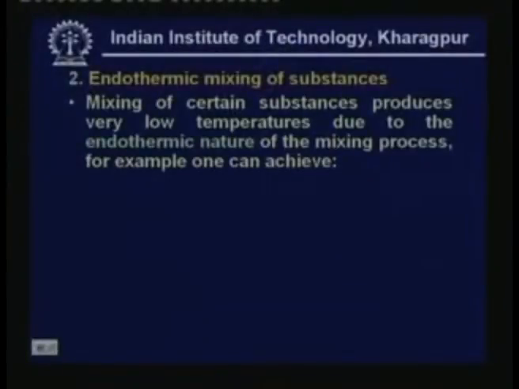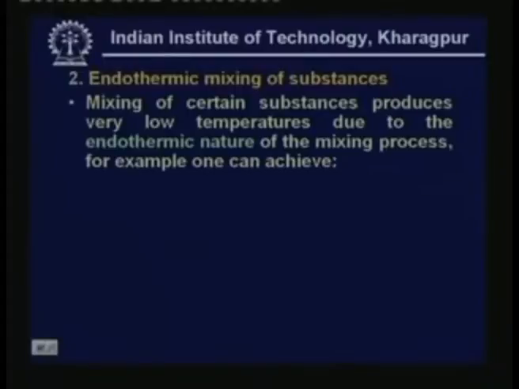This is happening because mixing of glucose in water is an endothermic process. Endothermic process means heat has got to be supplied during this mixing process. So this heat is supplied from the water itself. As a result, water temperature drops. So as I said, mixing of certain substances produces very low temperatures due to the endothermic nature of the mixing